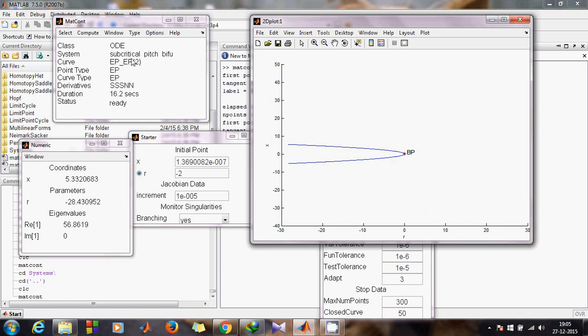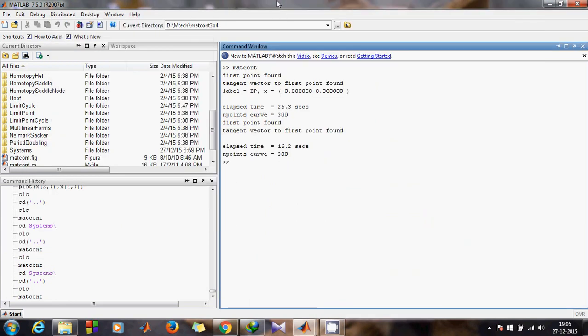Now we want the branch along the y equals 0 axis. We can directly do that, but the problem is when we plot the bifurcation diagram, EP1 and EP2 data will be overwritten. So to avoid that, we need to change the name of EP1 and EP2. To do that, first come back to your MATLAB command window, and go to the folder where EP1 and EP2 have been stored. The folder path is cd